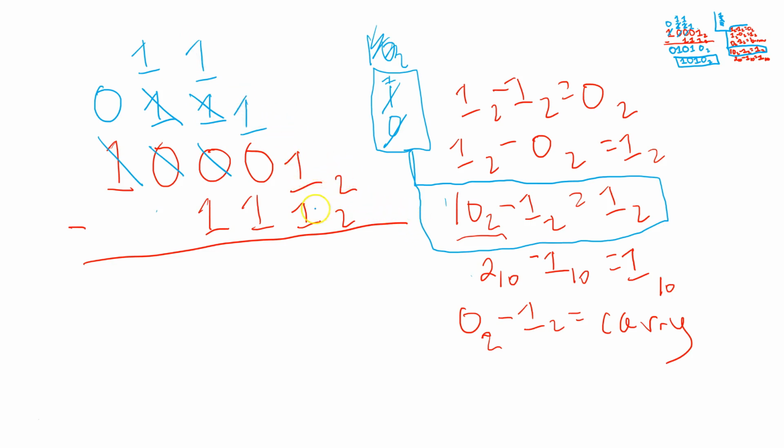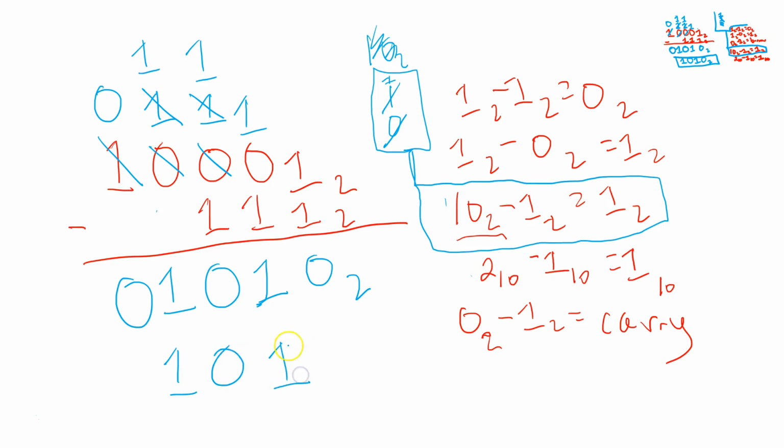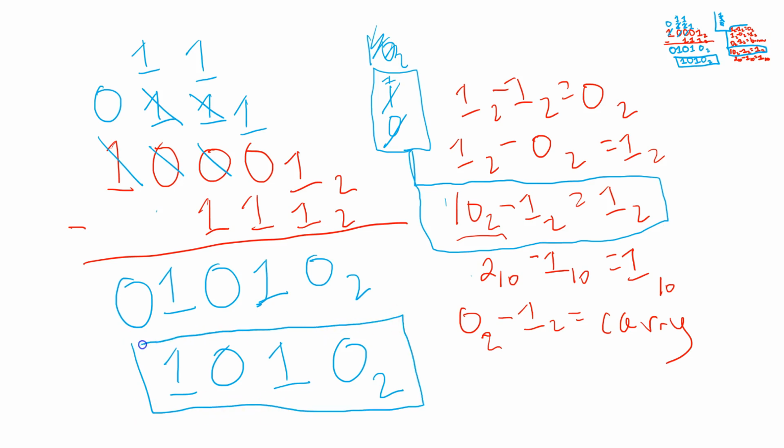Look, 1 minus 1 is 0 in binary. Put a 0 there. Now you have 1, 0 minus 1 in binary. That leaves a 1, not 9 or something like that. Then you have 1 up there minus the 1 down below. That's 0. Then you have the 1 up there. You just carry that straight down. And then you have a 0 up there, so you carry that straight down. And as this number right here, often that leading 0 is not written. In other words, you can just write the number as 1, 0, and then 1, 0 in base 2, as follows. And that is the answer